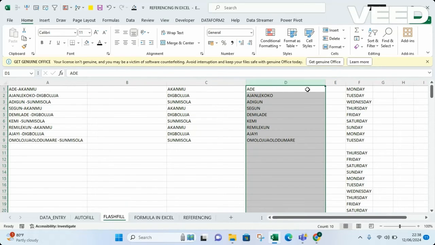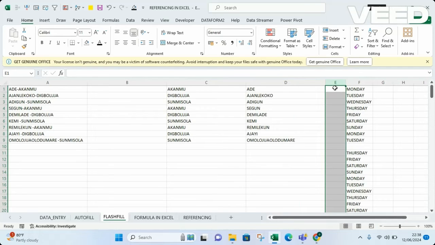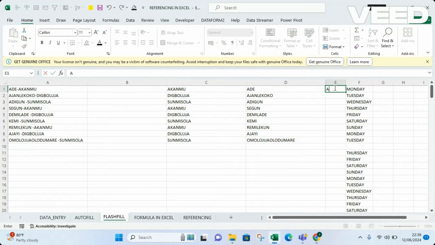Let's insert, okay, this is a new cell, so let's use this one. If I want to extract the last two letters, which are DE and KO, if I want to use the autofill, what will I do? I will just type DE and press enter again. If I want to use Control E, I will just press